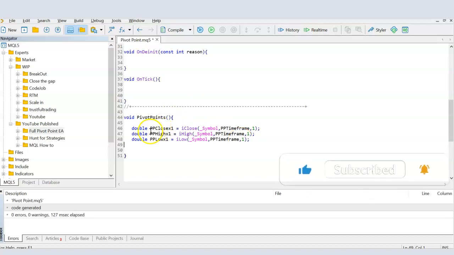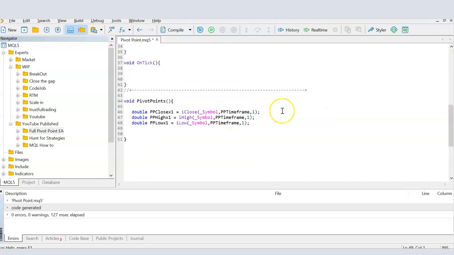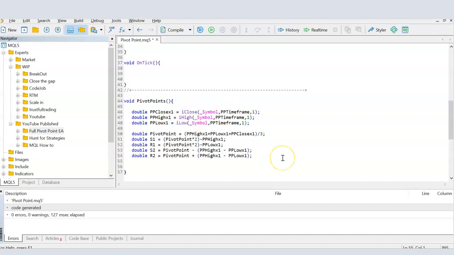So what I'm doing here is I'm creating a variable. I'm calling it pp close x1, so the last close of pp. And using the function iClose, I basically provide the symbol info. So this is the current chart, and then the pp time frame, which is the user selection, which we had defined here between daily and weekly. So if it's daily that the user has selected, then it's going to be a daily time frame, and if it is weekly that they have selected, then the pp time frame variable value is going to be week. So once I have these three values, I just follow the standard pivot point calculation formulas